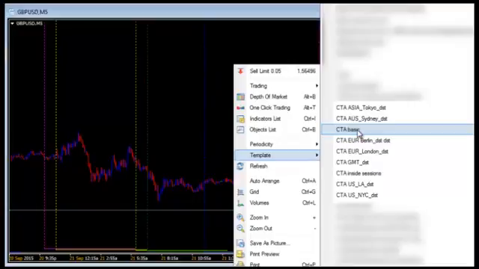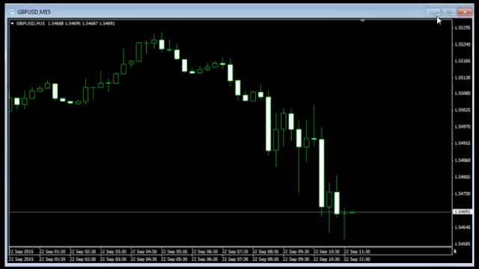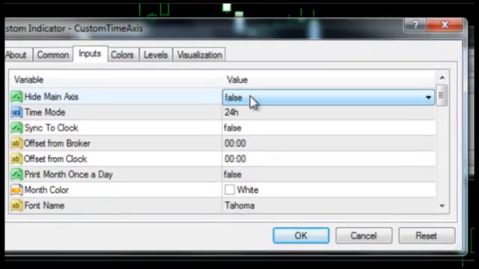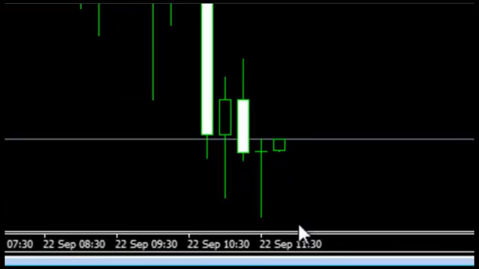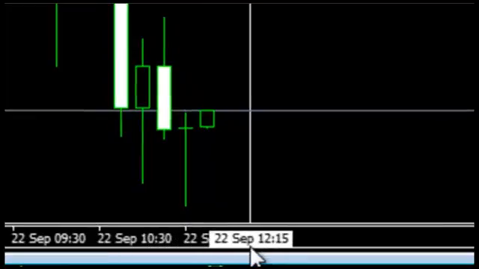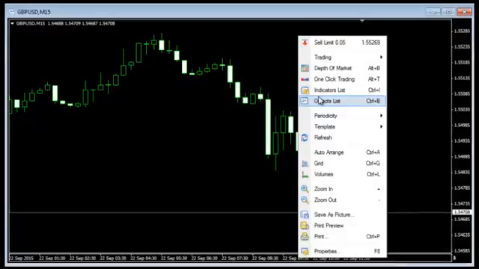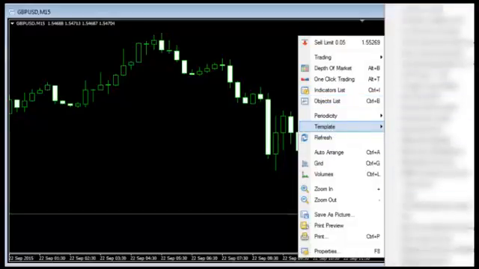because what this does is shows you just the exact identical look and feel as the Metatrader axis. And then of course you can get in there if you so desire and turn off the Metatrader axis. So what you're now seeing is just CTA alone showing up down here at the bottom. So from there, though, you can go ahead and apply any of these other, as I said, 6 templates as